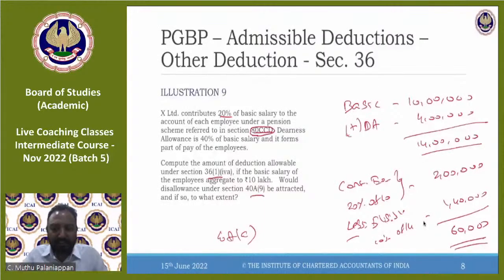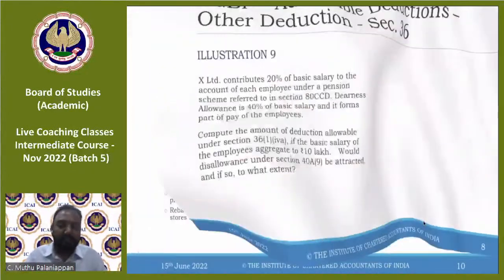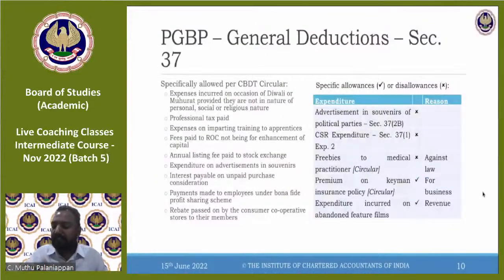Mansha asks whether CSR expenditure will come in; in the immediate next slide, we'll talk about it. So when we are talking about section 37, we said that 37 is basically a general section, right? Not covered under sections 30 to 36, not capital in nature, not personal in nature, wholly and exclusively for the purpose of business. It is for the current accounting year, and it is not offensive or illegal, that is, not prohibited by law. So this is what we saw, right?